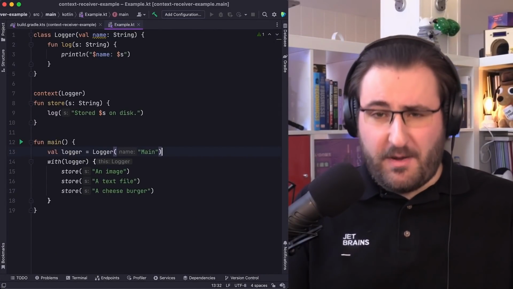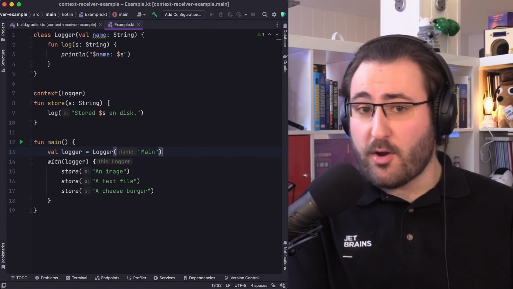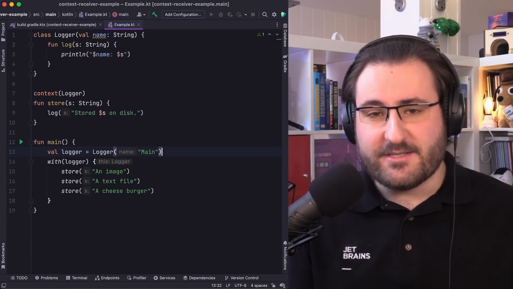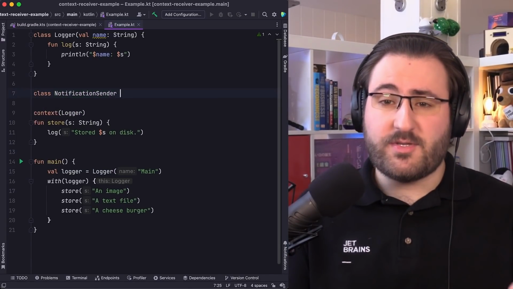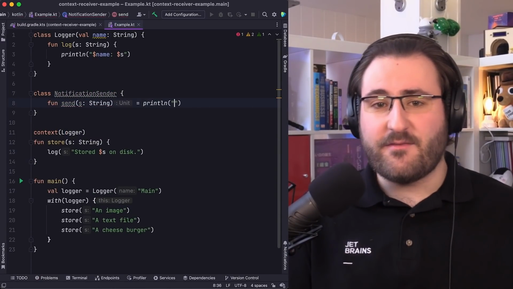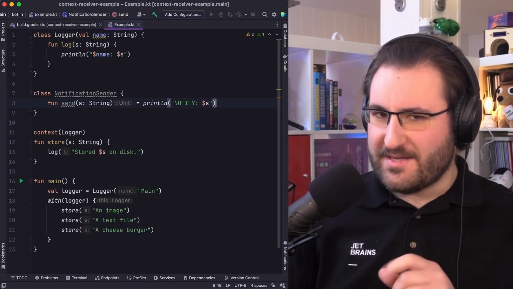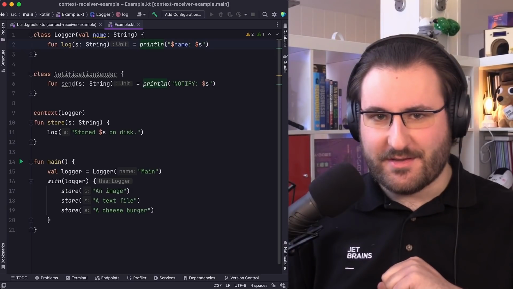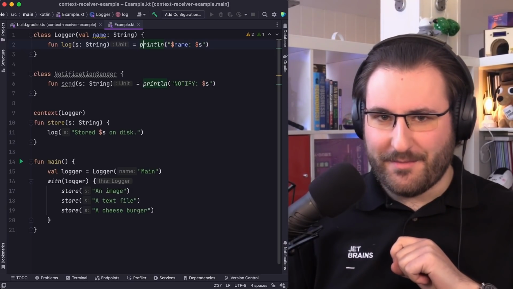Let's say our requirements change, and additionally to logging, we now also need to send a notification through a different system. We are keeping it simple, so I'm just going to have my notification sender class with a send function defined here. And to give myself a little bit of space, I'm also going to use the expression body syntax for our logger implementation.